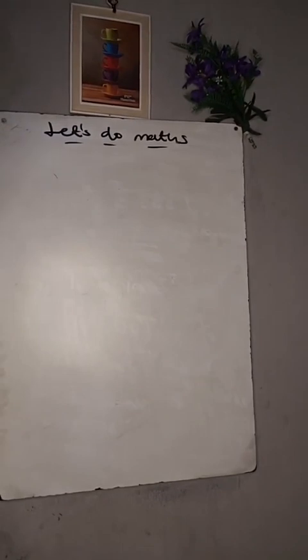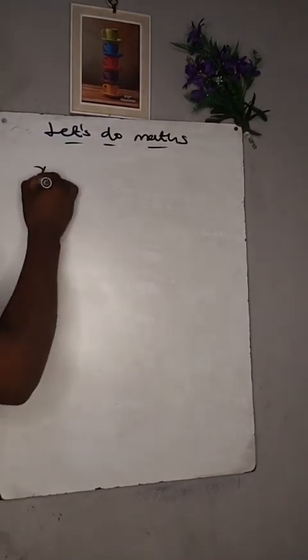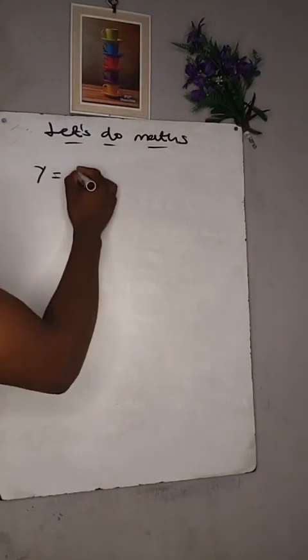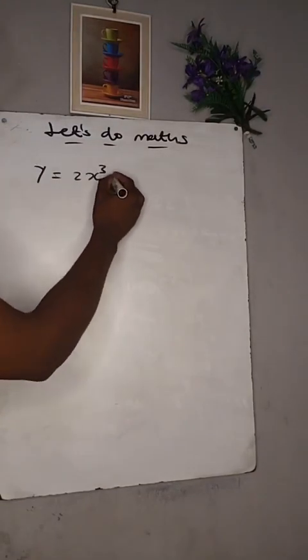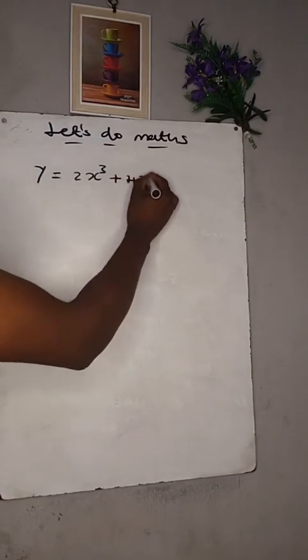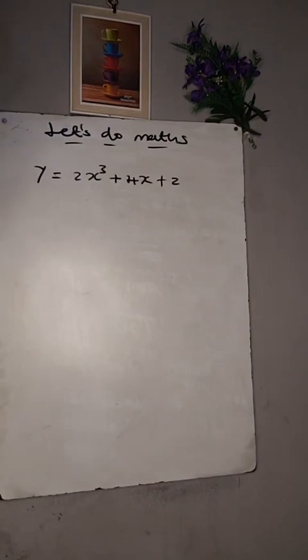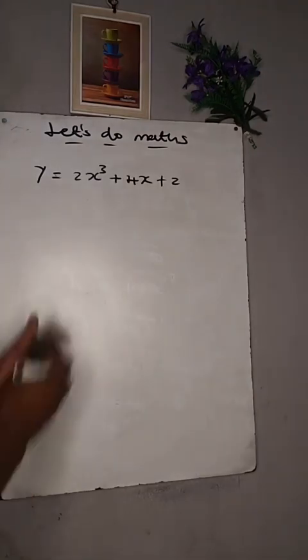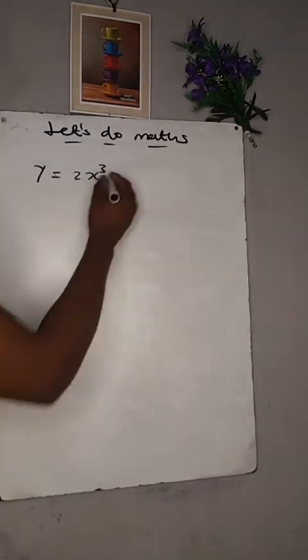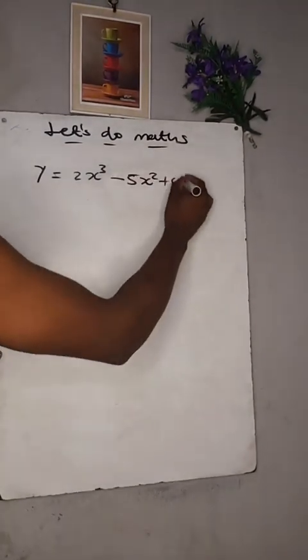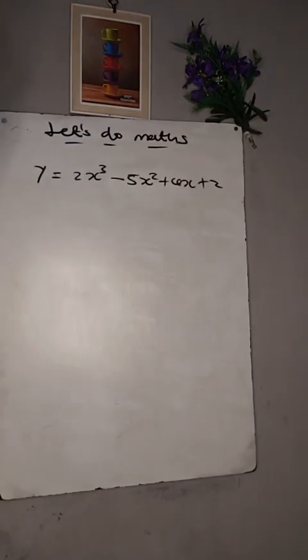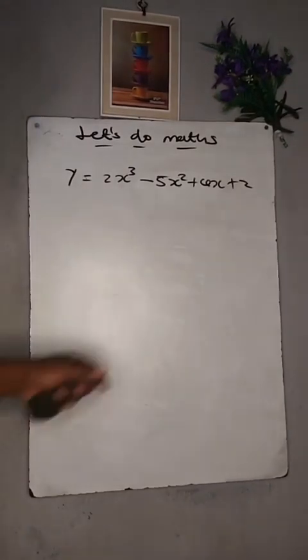So the first question is saying that given that y is equal to 2x cubed plus 5x squared minus 5x squared plus 4x plus 2, something like this. So we have been given that function, saying given this function, find